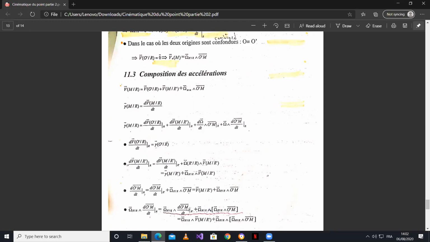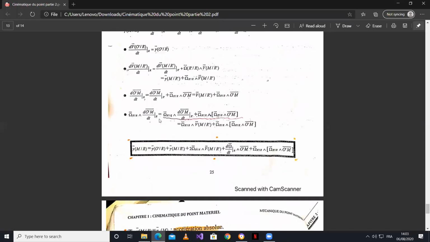So when you have this, de O prime M dt dans R prime is just going to be la vitesse du point M dans R prime, okay? When you derive O prime M dans R prime, because O prime is the origin of R prime, you just have the vitesse of the point M in R prime. So you have omega vectoriel vitesse du point M dans R prime plus this double produit vectoriel that's coming from here. And now that we have expanded everything,